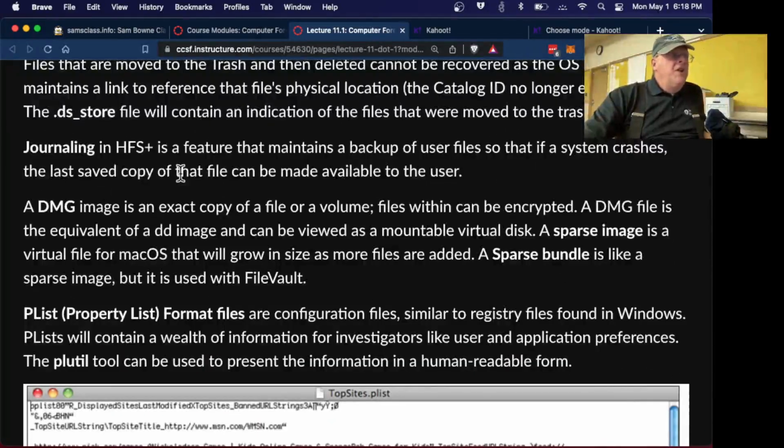So journaling is real important. This was added to Microsoft NTFS. Journaling means it keeps track of everything it's doing, so if the operating system crashes, it remembers what it was doing. This makes the machine much more reliable because a crash will not cause a disk corruption.